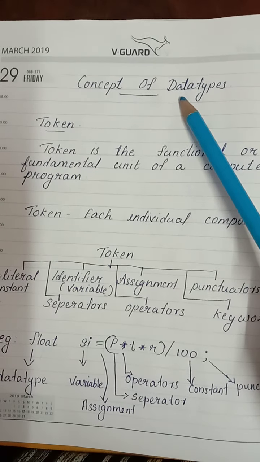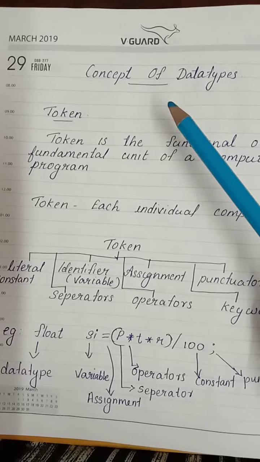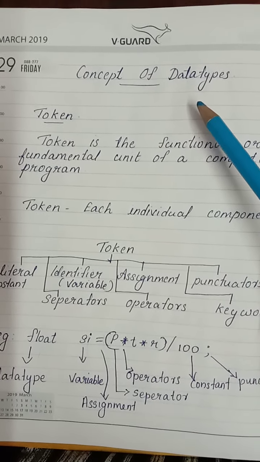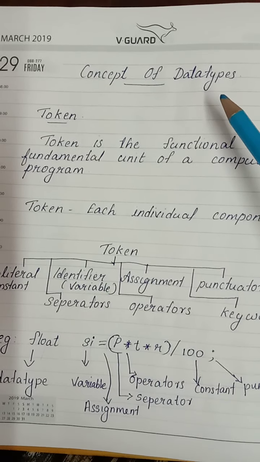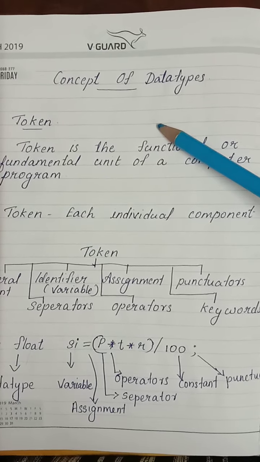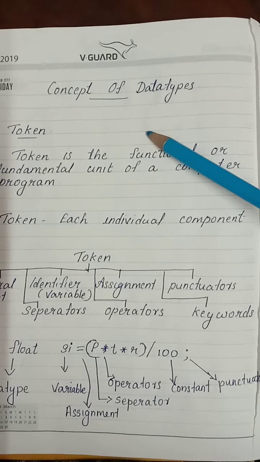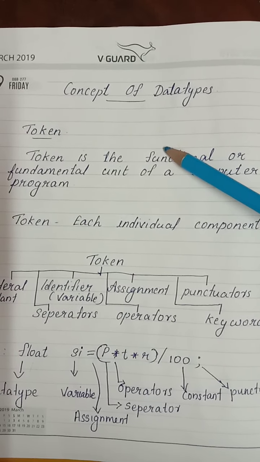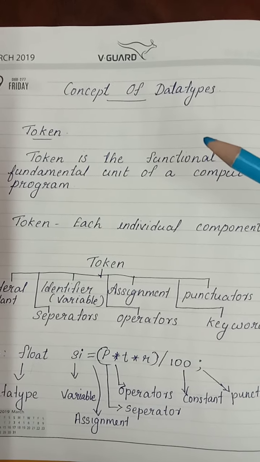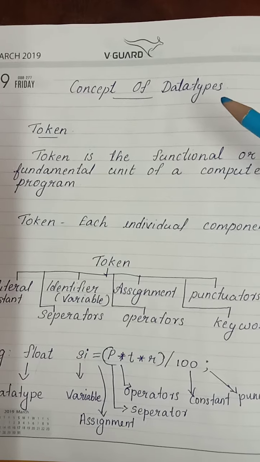Next portion is the concept of data type. Each Java program is a set of statements, and each statement is a set of different Java programming character sets. The smallest unit of the Java language is a set of characters needed to write Java tokens. The character sets are defined by the Unicode character set.